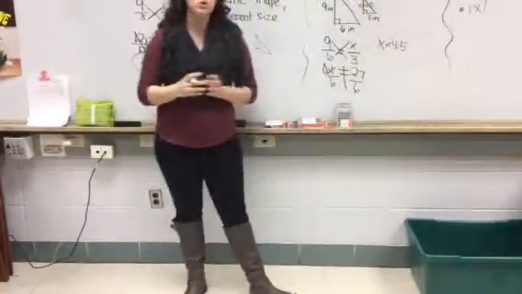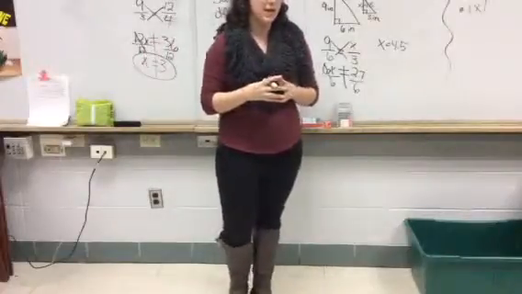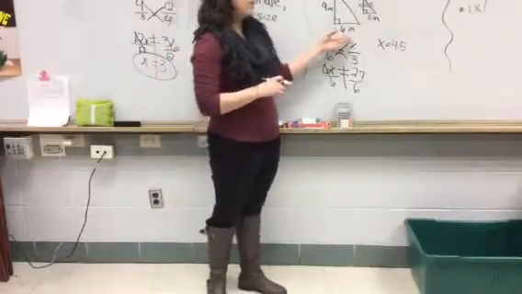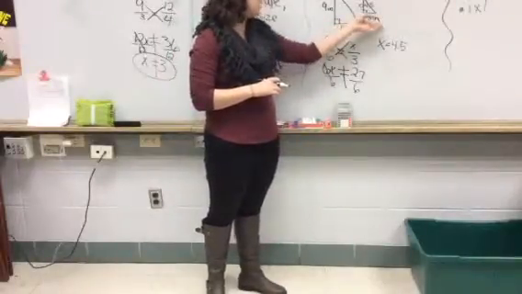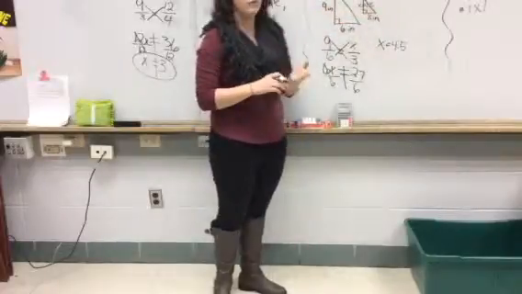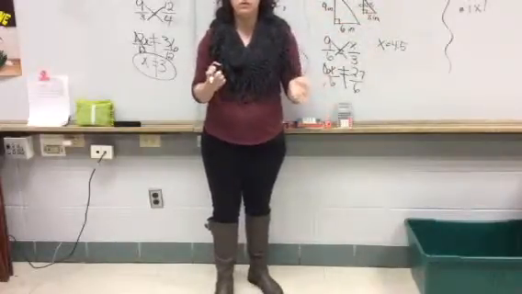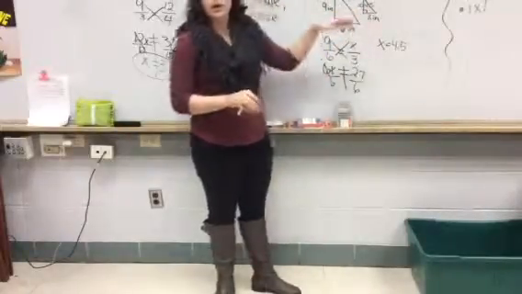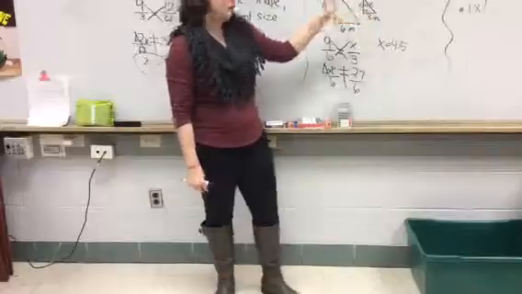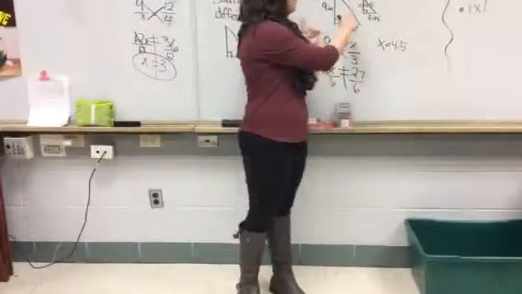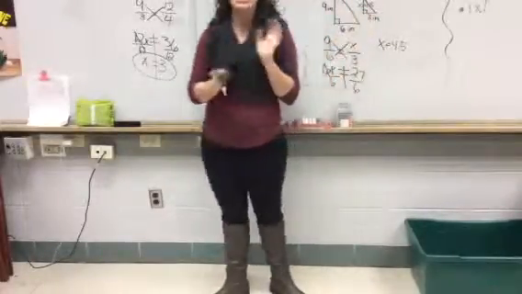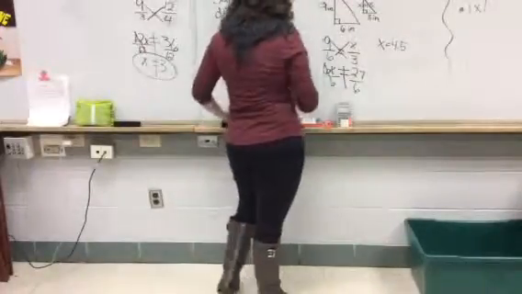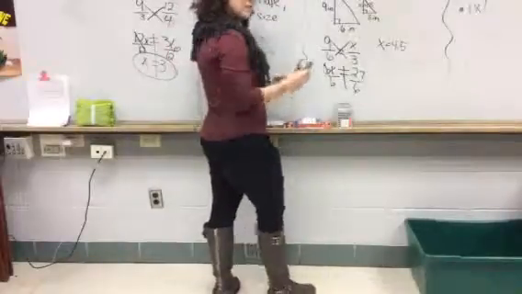The reason I want you to do that is to make sure it makes sense. Okay? If we shrink this triangle, okay, we've cut it in half. We went from 6 to 3 here, so we went from 9 to 4.5 there. Is 4.5 half of 9? It is, okay? So we just want to make sure that it makes sense. If our number got bigger, that would not make sense because our triangle got smaller. So go back up and put it wherever your x is and just look at it to see if it makes sense, okay? We're going to do one more example together. So erase your boards and draw two similar